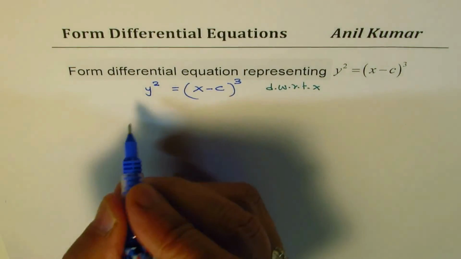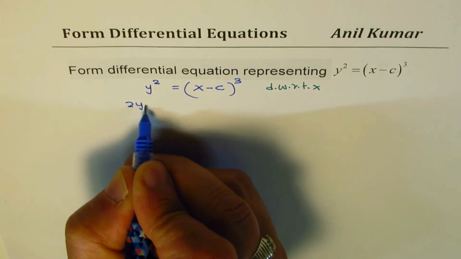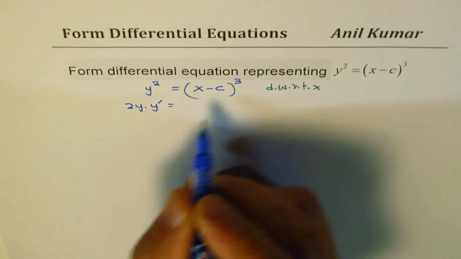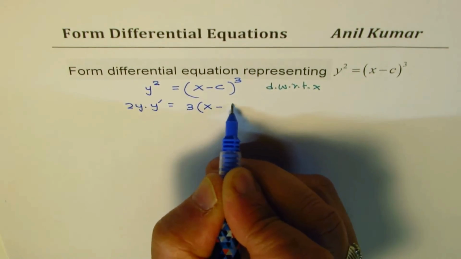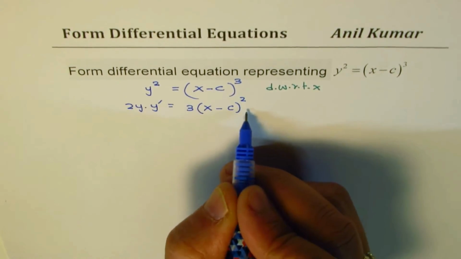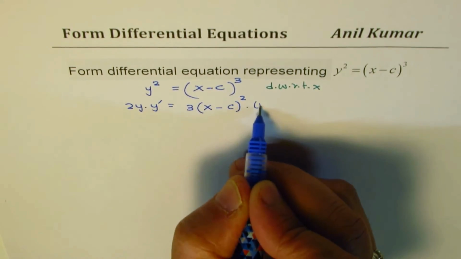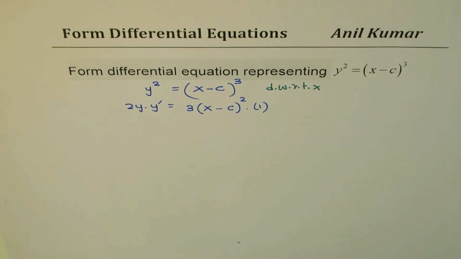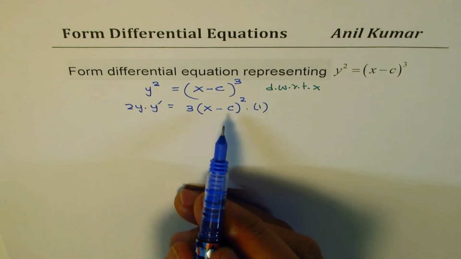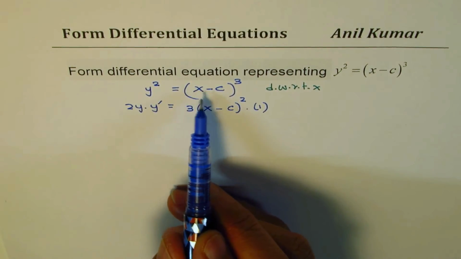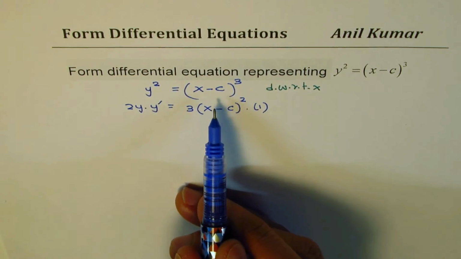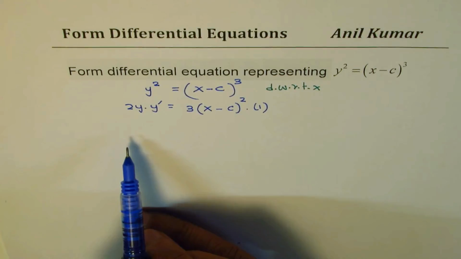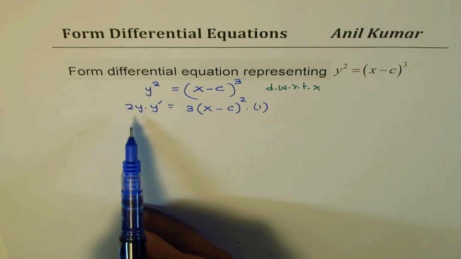I get 2y prime equals to 3 times x minus c whole square times derivative of inside, which is 1. So that's what I get. Now the idea is that I have to eliminate x minus c. Rather, I have to eliminate only c, right? How can I do that? Well, what I can do is